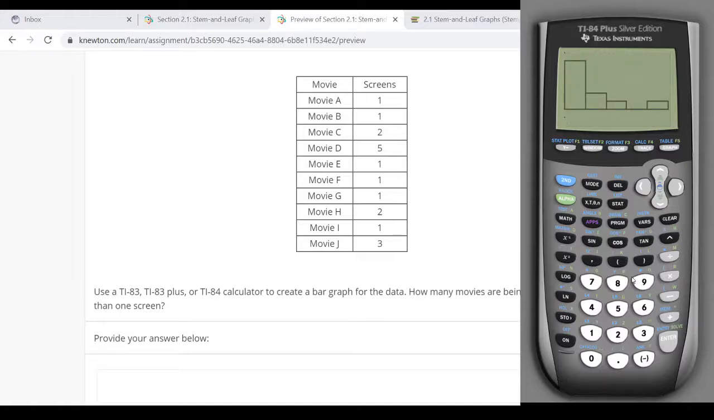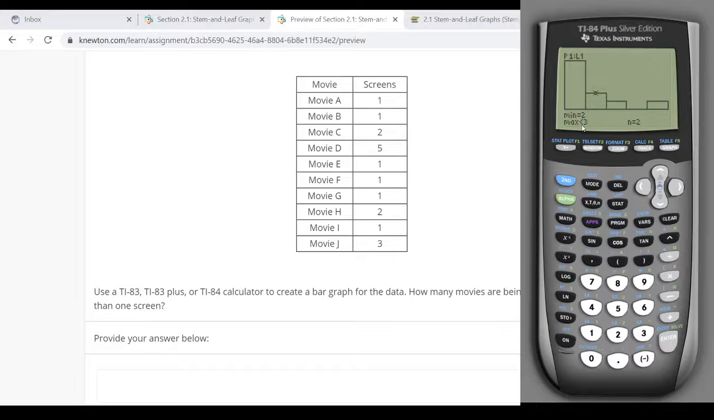And now again, there aren't 10 bars, right? How you're going to read the bar graphs on your calculator, it's going to give you numbers of how many categories have this number or that number. So I've hit the trace button. See, this is min 1 to less than 2. So 1. How many movies are being shown on one screen? 6 movies. See, n equals 6. 6 movies are being shown on one screen, which you see here, right? A, B, E, F, G, and I. That's 6 movies. So move the cursor,